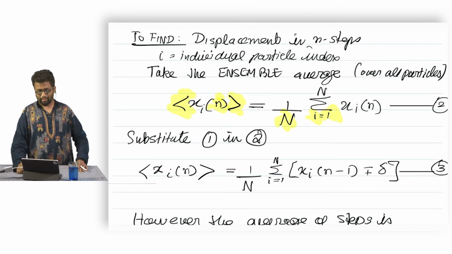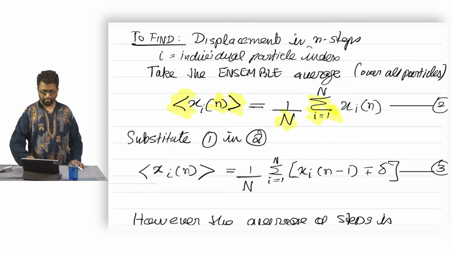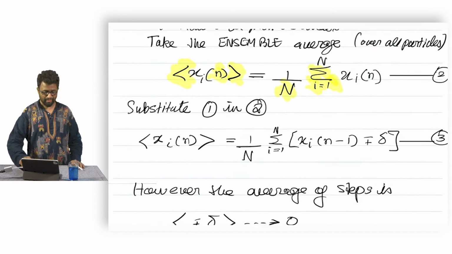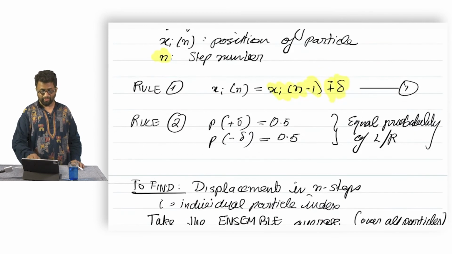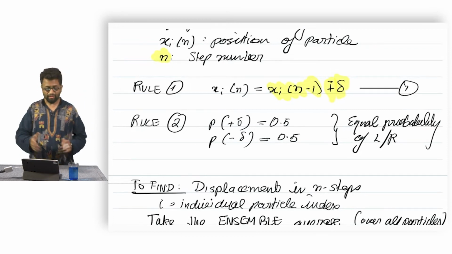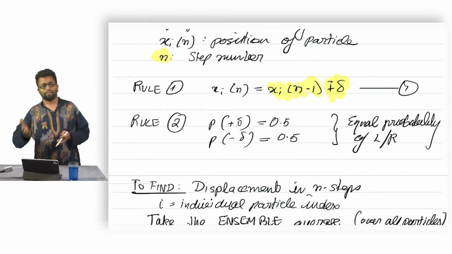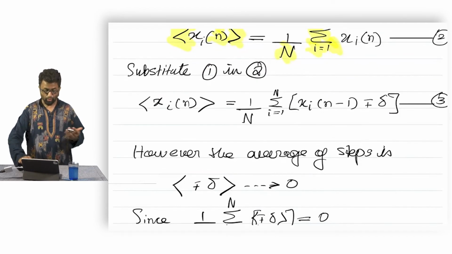So, that can be written as the average: 1/N times the summation, this sigma sign is just a summation over all particles, of the ith particle in the nth position, summed and averaged over all particles. The sum of positions averaged over all particles should tell you how far the particles get. If we substitute the equation x_i(n) = x_i(n-1) plus or minus delta, meaning the position is the previous position plus or minus delta, which we decided was rule 1,